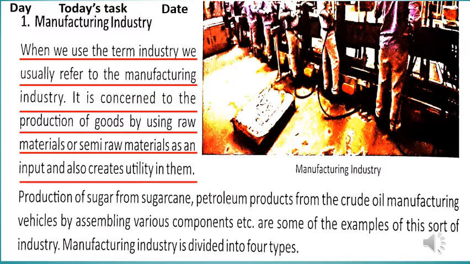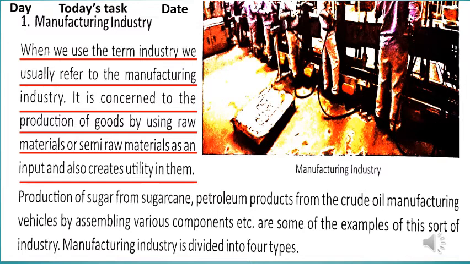I hope, dear students, that you have opened page number 100 of your geography books and you're ready for your lesson. Please write down day, date, and today's task. Now let's get started. Today we will read the types of secondary industries. As I have told you earlier, secondary industries are those industries which produce finished goods by the use of material and supplies taken from the primary industries themselves.